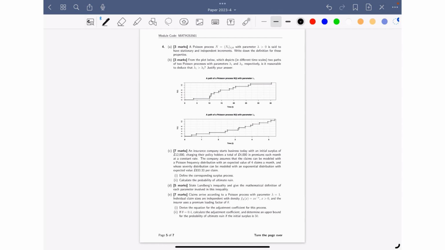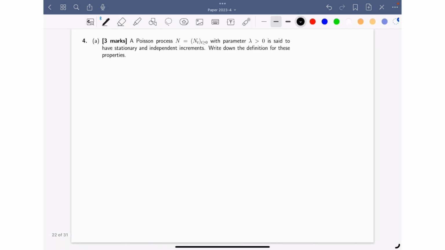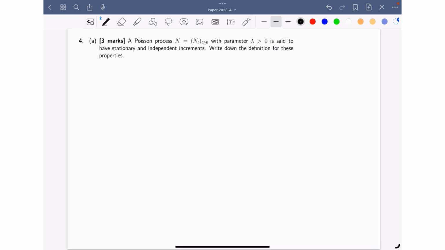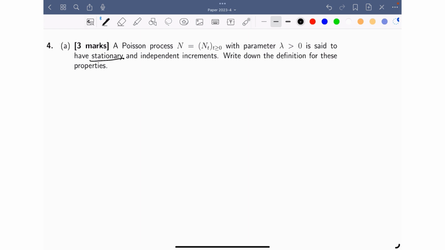Okay, jumping right in, I'm going to go through question 4 and question 5. 4 is on ruin theory, and 5 is on forwards, futures, and things like that. So, straight in, A, we're given a Poisson process, and we want to write down the definitions for the stationary